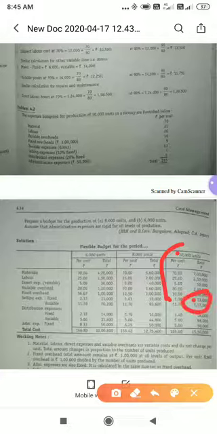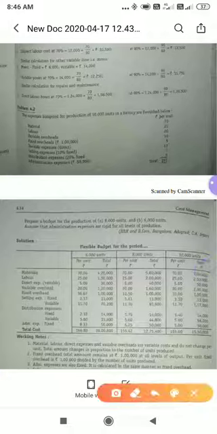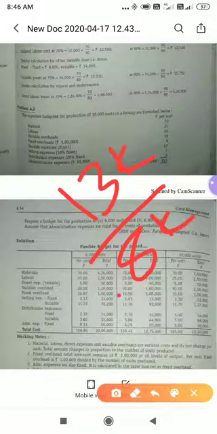And I have told you fixed cost will always remain same. Only fixed cost per unit will change. The same 13,000 you have to write in all the levels of activities. 13, 13, 13. But here cost per unit will be changed. Look at here. The total fixed cost is 13,000. 13,000 divided by 6,000 units, you will get 2.17. The next one we have 13,000 divided by 8,000. If you do, you will get 1.63, and 1.3 already we have calculated. When they give semi variable, you have to calculate for the given level of activity, then you have to go for other levels of activity.